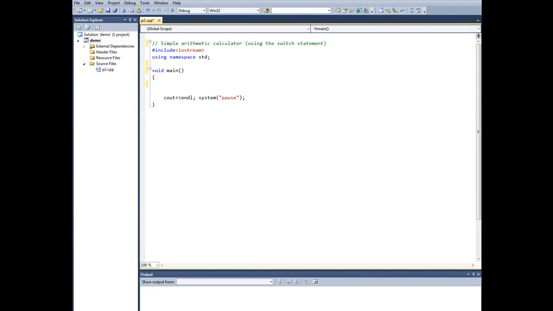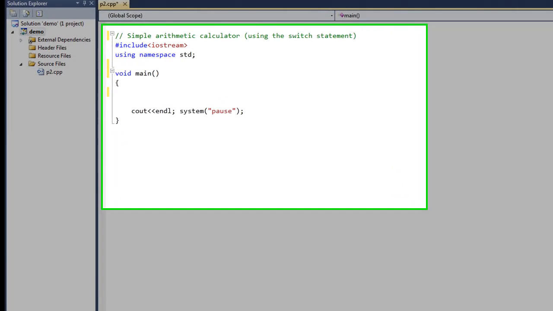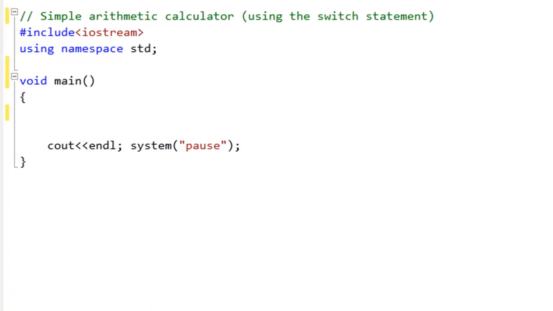In this video tutorial, the switch statement will be explained. The switch statement can be used to establish multipath selection in C++. To demonstrate this, a program will be written of a simple arithmetic calculator that will ask the user to input